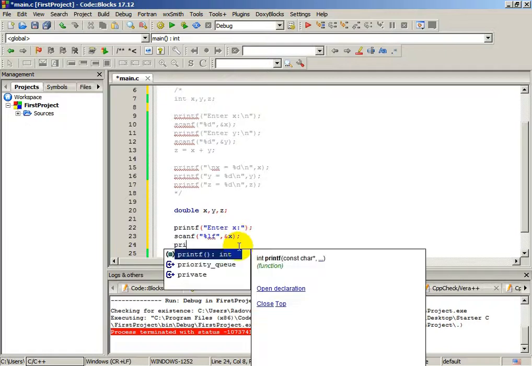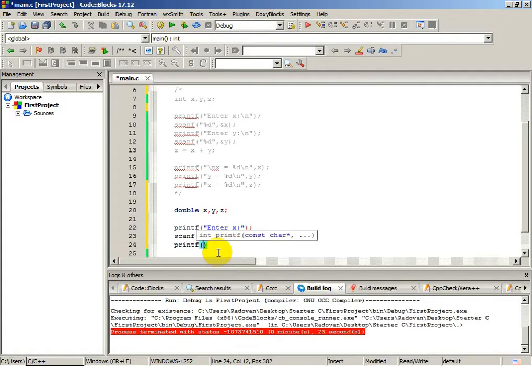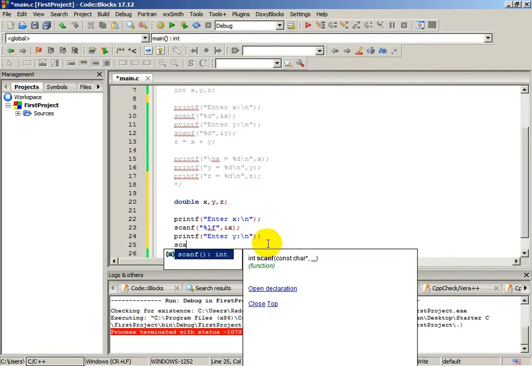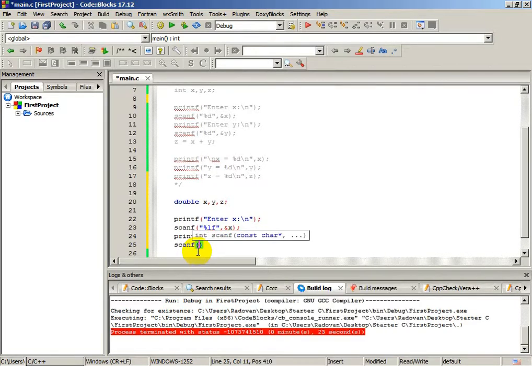We will do the same thing for the variable y. Enter y\n. We also forgot \n here. Scanf %lf and a reference to the variable y,